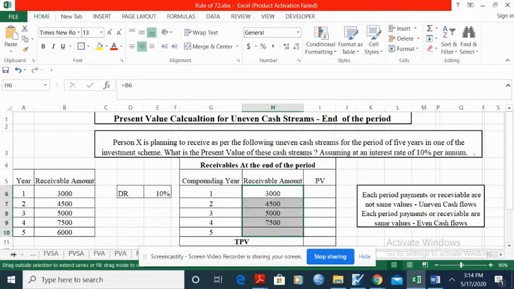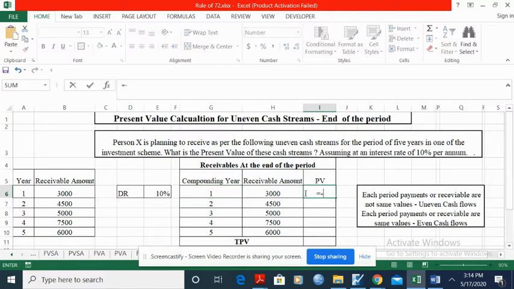So now we calculate the present value. In order to calculate the present value of these cash flows, we assume for each period the present value of a single amount. So how do you calculate present value? Minus PV, just double click. The interest rate is 10 percent, and because this interest rate remains the same and is not changing in the calculation, just use the cell reference and lock the cell. The interest rate should be locked using function F4, or dollar E dollar 6.